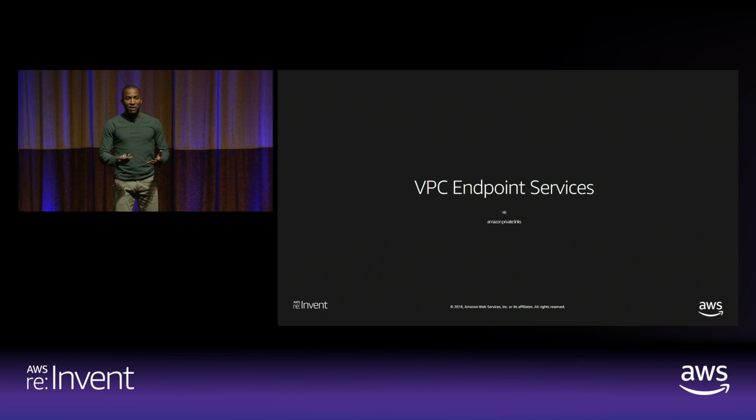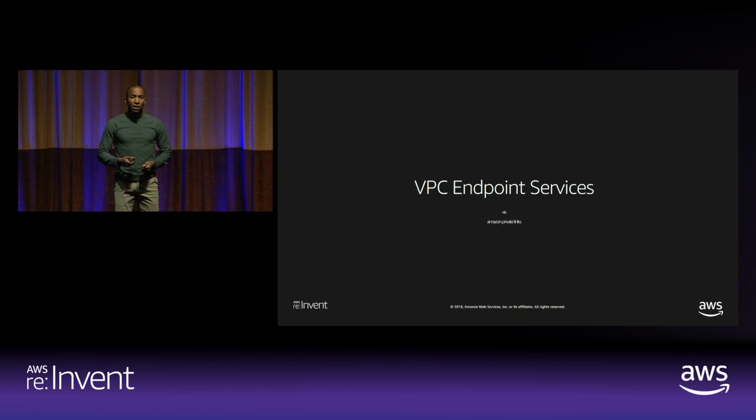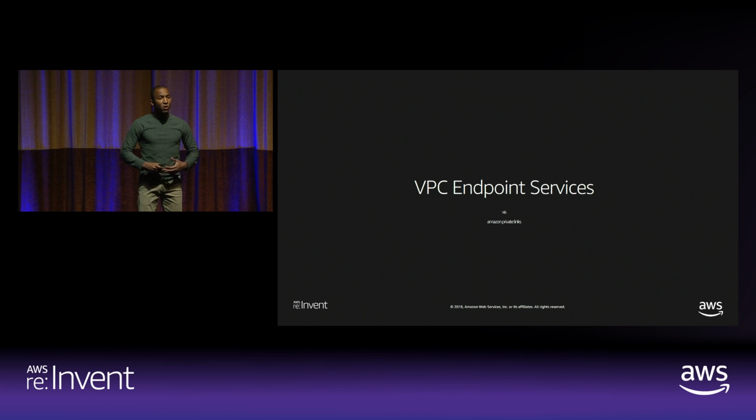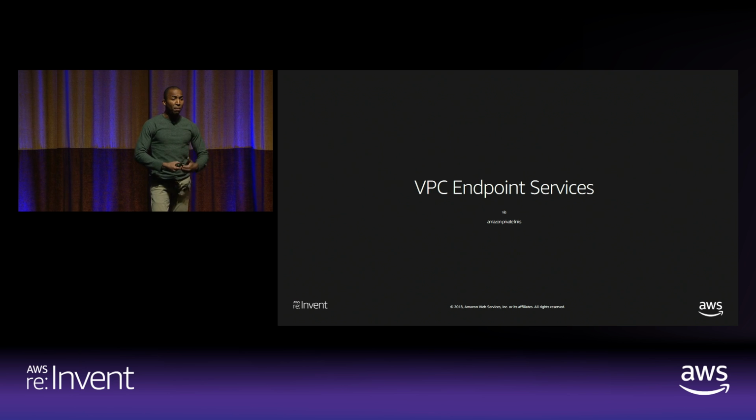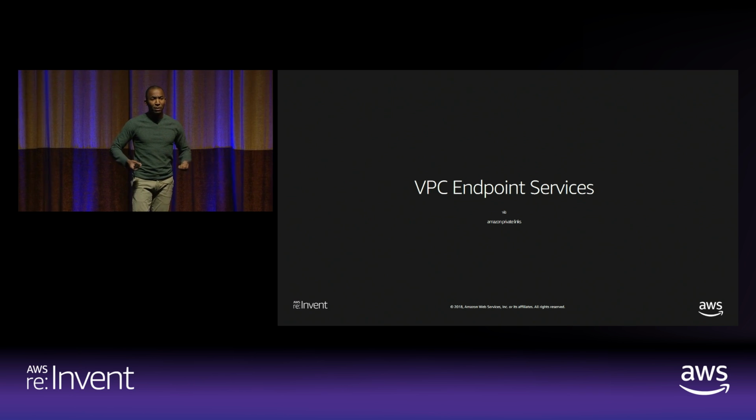I spoke about VPC endpoints, interface endpoints having the ability to interact with AWS public services. But you also have the ability to create interface endpoints to solutions that exist within our marketplace, but also to solutions that you create. So if you created an environment and you want to share that environment with multiple accounts, do you then have to create multiple peering connections or IPsec tunnels?